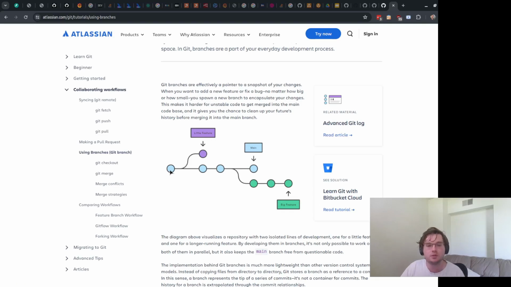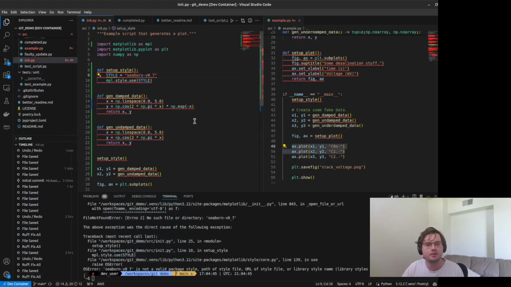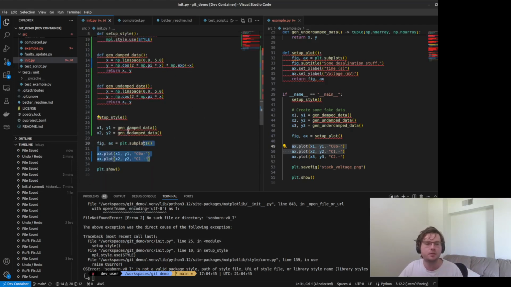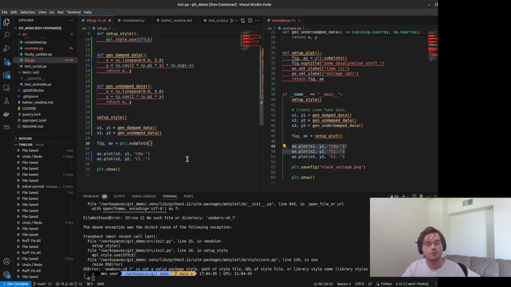But if at some stage you want to make a new feature, for example, from that point you branch off. And maybe you continue making changes to main, or maybe someone else continues making changes to main. And then once you have finished this feature, that's when you'll merge it back into the main branch. So in this case, what that would look like, at least at the file level, is after I had fixed this error in my code, that's when I would merge it back into the main branch. And then if Jeff was doing this other work, he would still not see that change in his individual code, because he's probably working on another branch himself. So I would merge back into the main branch.